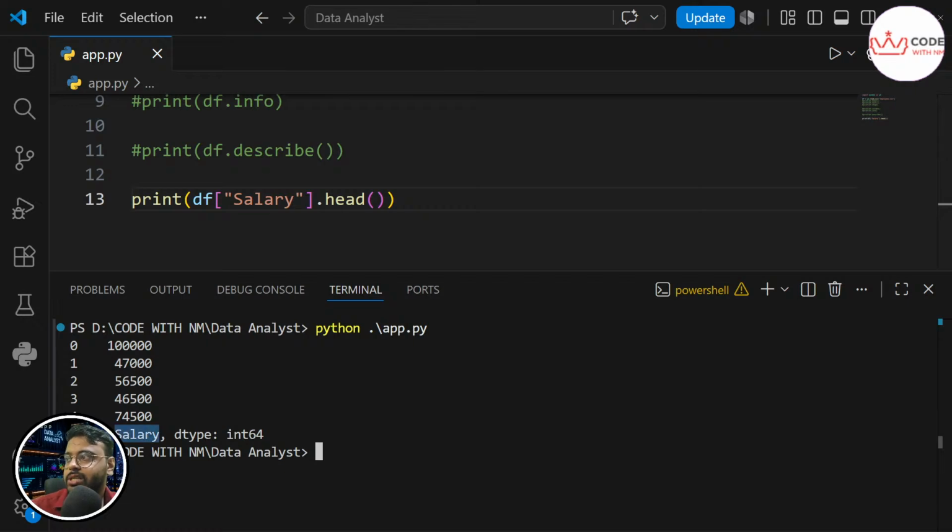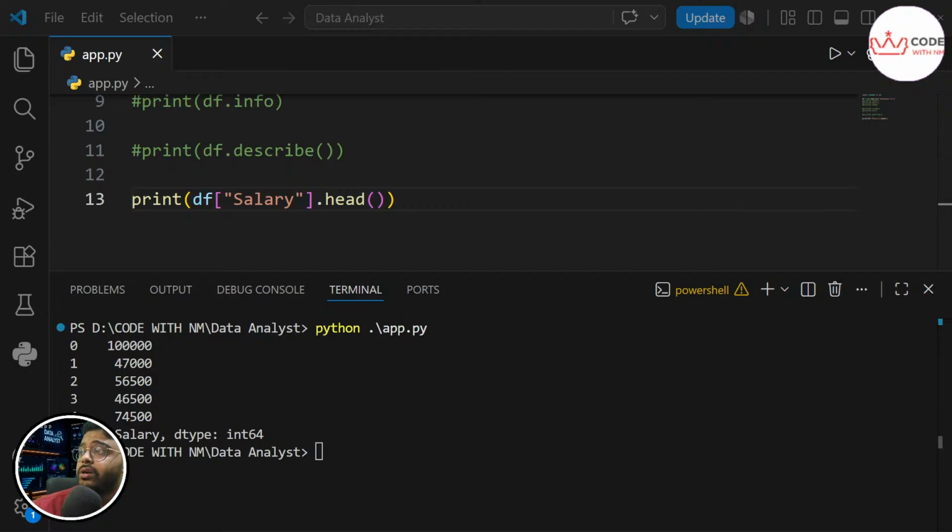And the name, it says salary. The column name is salary, and the type is int64, meaning the salary data is in integer format. Understood? So you will do this constantly, pulling out just one column. In our case, it's the salary column, to calculate average, or just the department column to see what teams exist or not. So any type of column you will be doing this manually. I'm not talking about the department salary or anything. I'm talking about how in the real world we usually pull out one column, and to do it, this is how you do it. In our case, it's salary, but in the real world, if you are working with a different data set, it can be different.